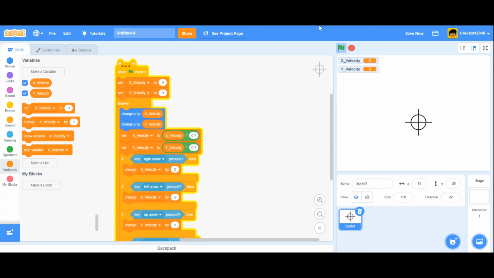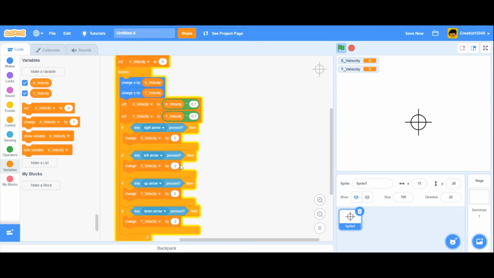If you wanted to, you can make a new variable called player speed or any type of speed that you want, and put it inside here. If it's a negative number, you times it by -1, so that it converts to a negative number, and that way you could set the player's speed to anything you'd like. And yeah, that's basically how friction and velocity works